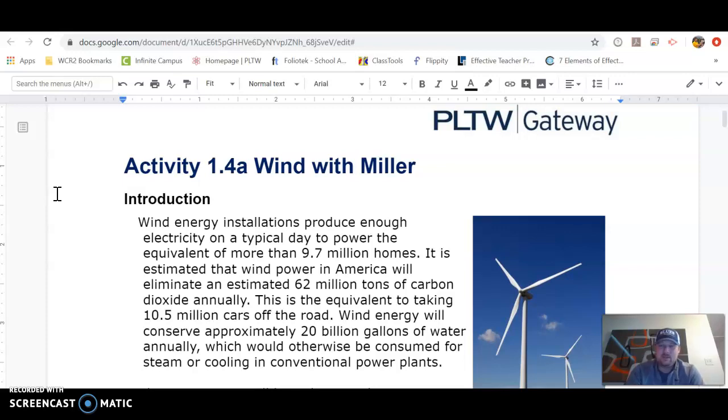For this week's PLTW2 assignment number 2, we're going to start talking about windmills using a website called Wind with Miller. This was something we were going to do in class anyways. The only difference is you were going to actually get to build windmills, like we talked about, and try to get your windmills to power some certain things. So that said,